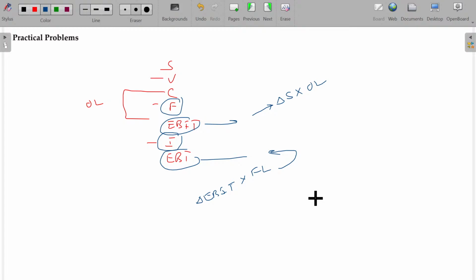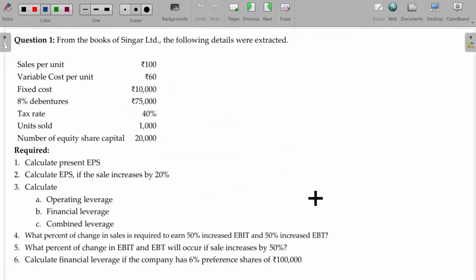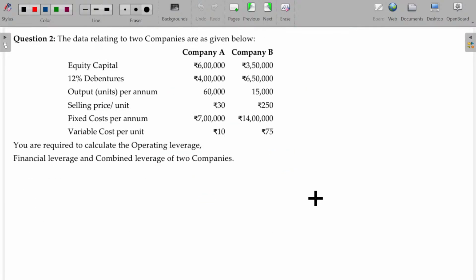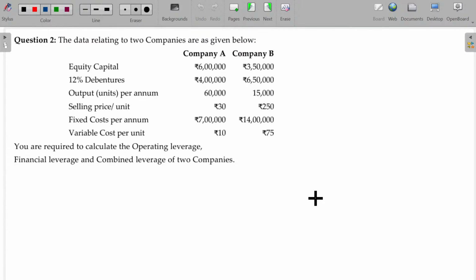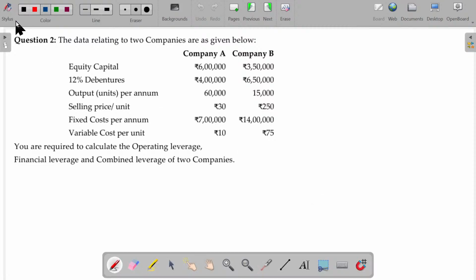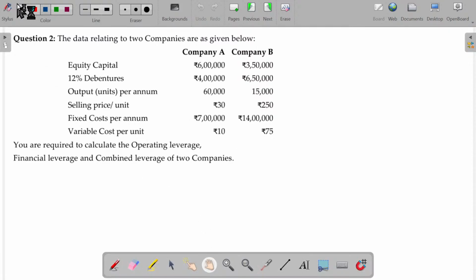To find out the change in EBT, you have to take the EBIT change multiplied with the financial leverage. So if the sales happen to change 5%, sir, what could be the EBT change finally? It's a combined one. So you have to take up the financial leverage as well as the operating leverage, the combined leverage. Clear? Now let's start with the first illustration. It's a comprehensive one where it covers all these things. I will finish up question number 1 after. Let me try to finish up question number 2 here. First, let's finish up the basic illustration.